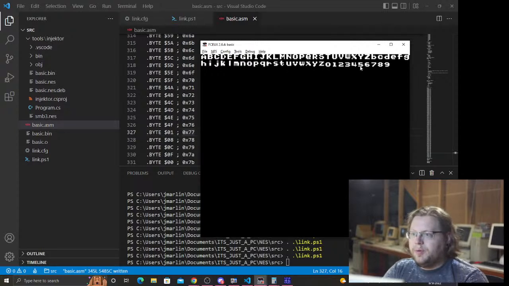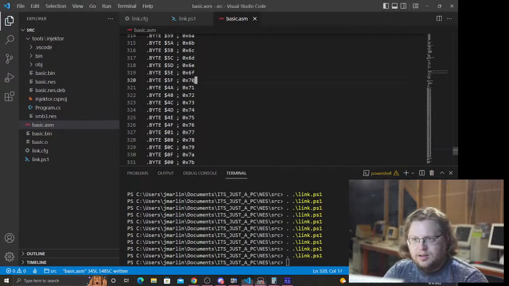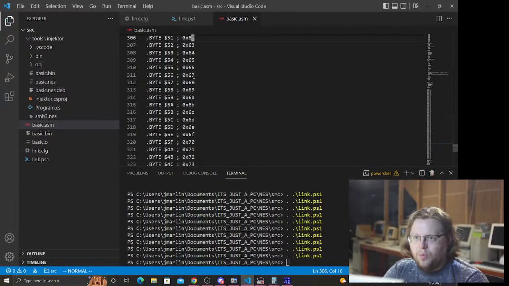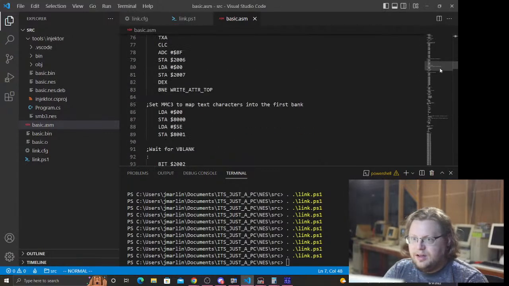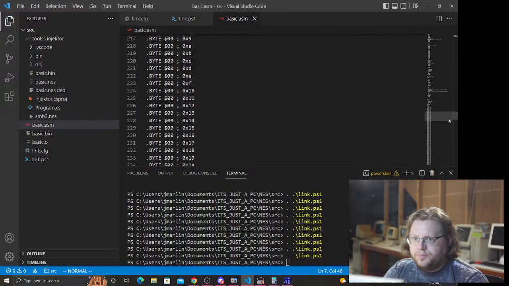Oh, we might have to address this next time. Why does this start at B? Why is this starting at B? B, C, D, E, F, G, H, I, J, K, L, M, N, O, P, Q, R, S, T, U, V, W, X, Y, Z. What? Won't there just not be an A in my... No, there's totally an A. What? Yo. Okay,